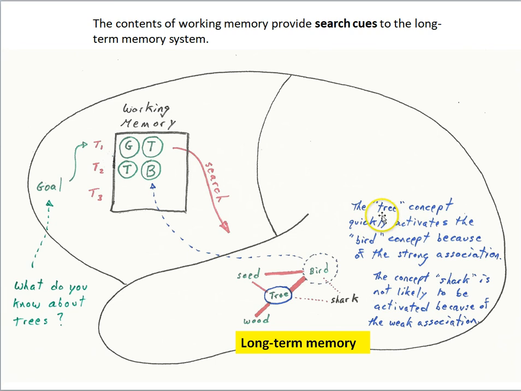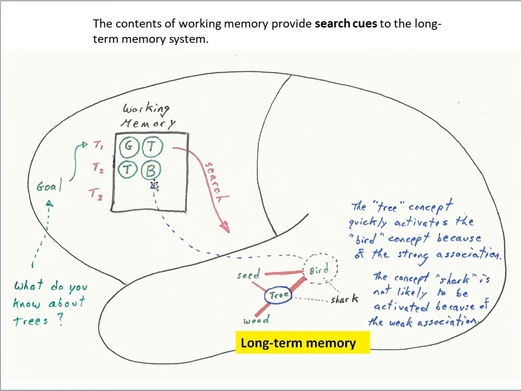So the tree concept quickly activates the bird concept because of the strong association. The concept shark is not likely to be activated because of the weak association. So whatever gets activated by the tree cue is likely to be the next thing that emerges into working memory